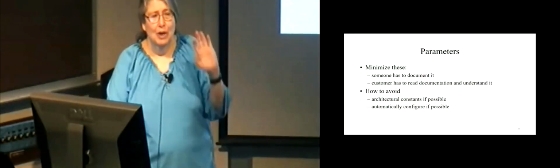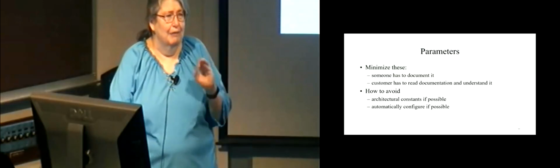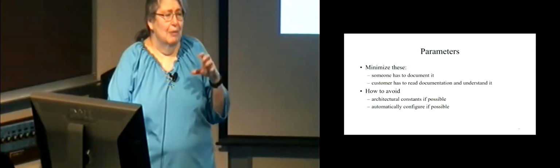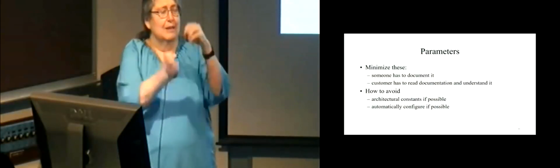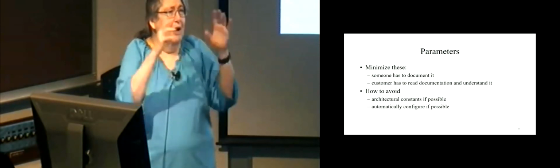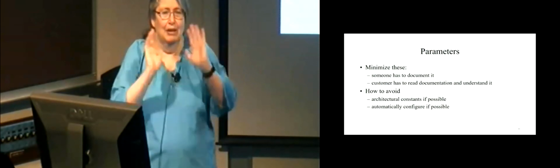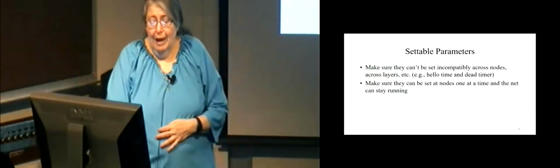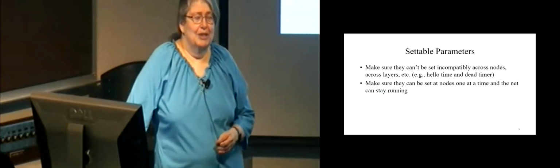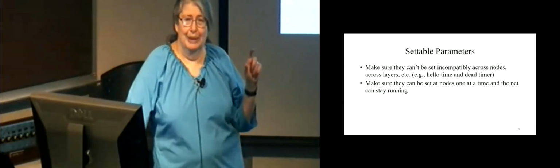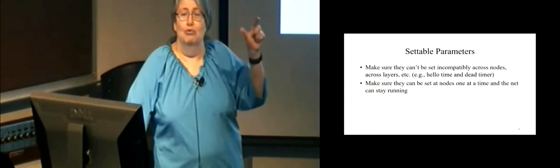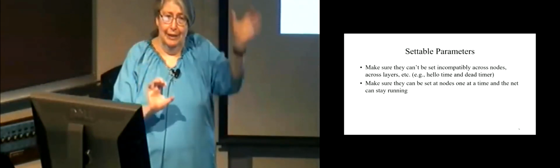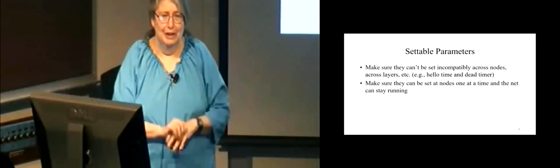Like link costs, something that gets configured, and it doesn't really matter if you get them wrong, but what Novell did was, when you first start up, you send some messages to your neighbor and you figure out what the bandwidth is and round trip delay, throw it into an equation and come out with a number, and that's kind of nice. But if there are settable parameters, you have to make sure that you don't set it to an incorrect value. That sounds reasonable. There's a range of legal values. But sometimes you have values that are legal here and legal there, but they won't interwork.